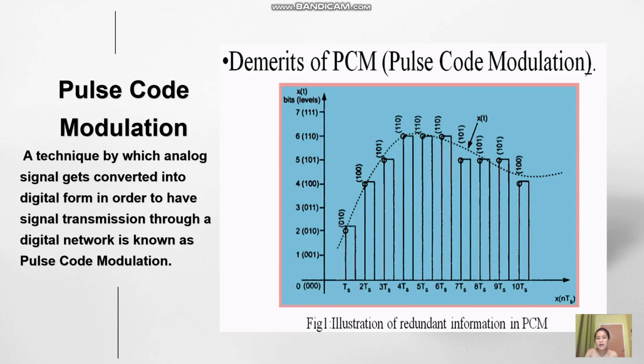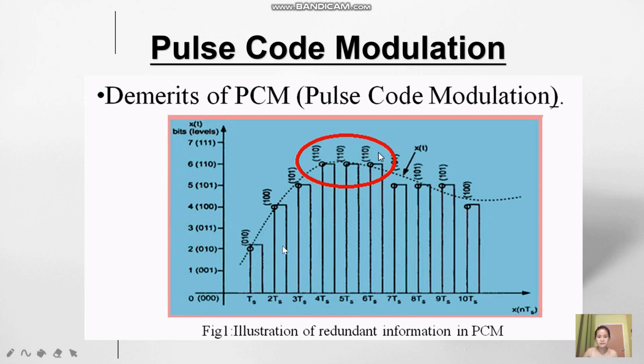So a quick overview: what is pulse code modulation? That is where the DPCM falls under. It is a technique by which an analog signal gets converted into digital form in order to have signal transmission through a digital network. So that is pulse code modulation, and to the right side here is a figure that shows the illustration of redundant information in PCM. And this second illustration gives you a hint of where the DPCM can be